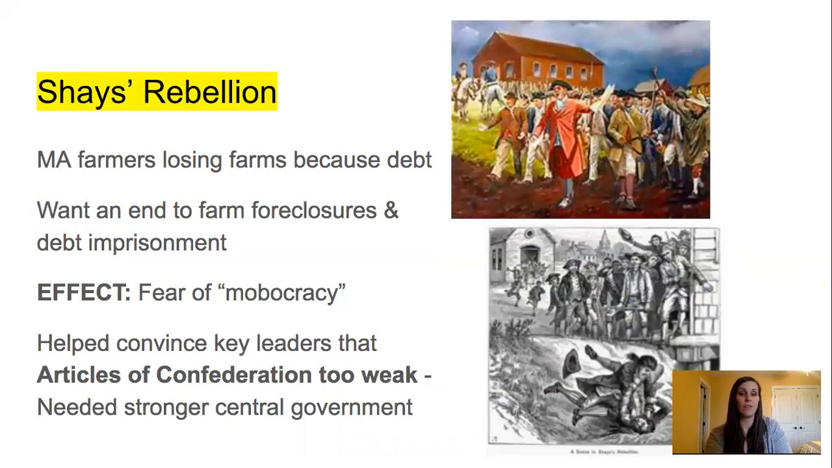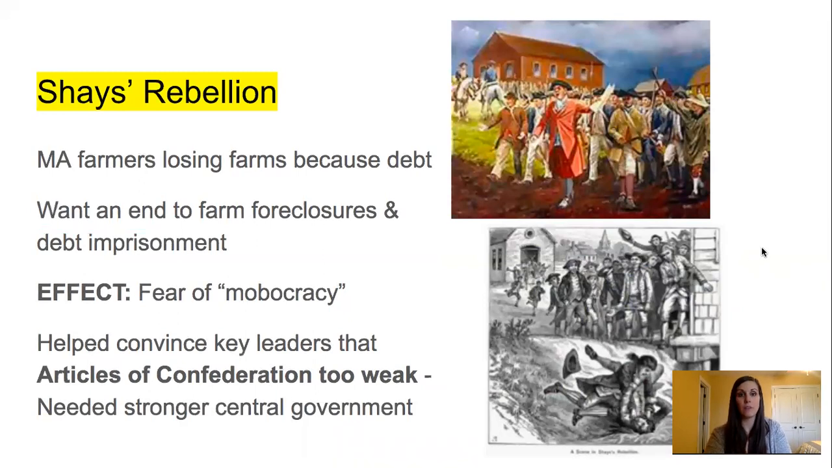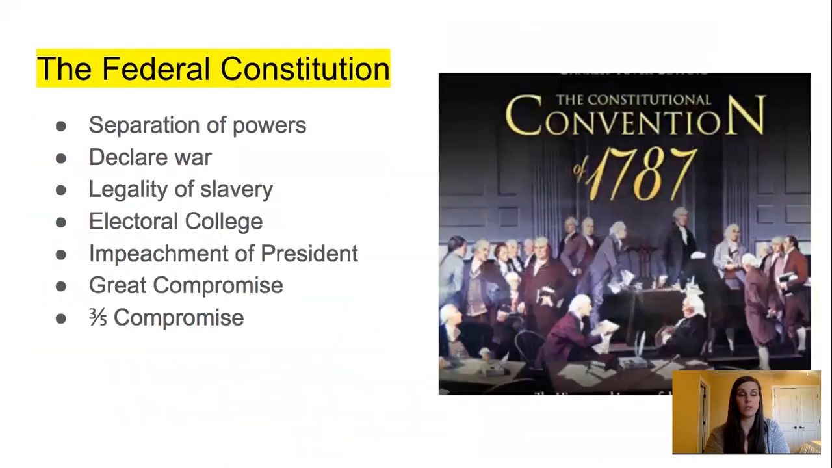It doesn't give the federal government the power they need to keep things like Shays' Rebellion, this mobocracy, that angry mobs are just going to run the country if we don't have some form of strong central government. So that's what it leads to, is calls to revise the Articles of Confederation. So initially they go to revise them. We know when they get there, they just decide to scrap the articles and start over, and they write the